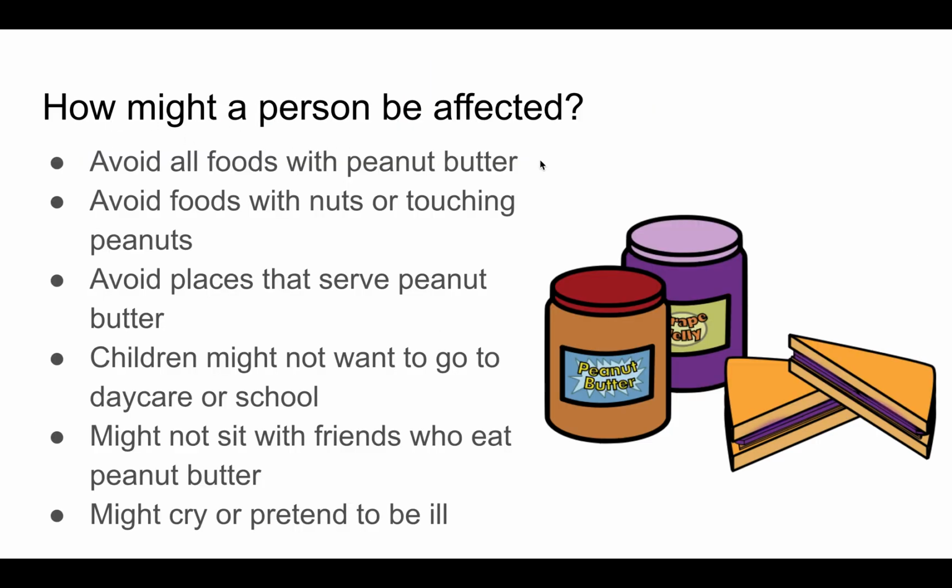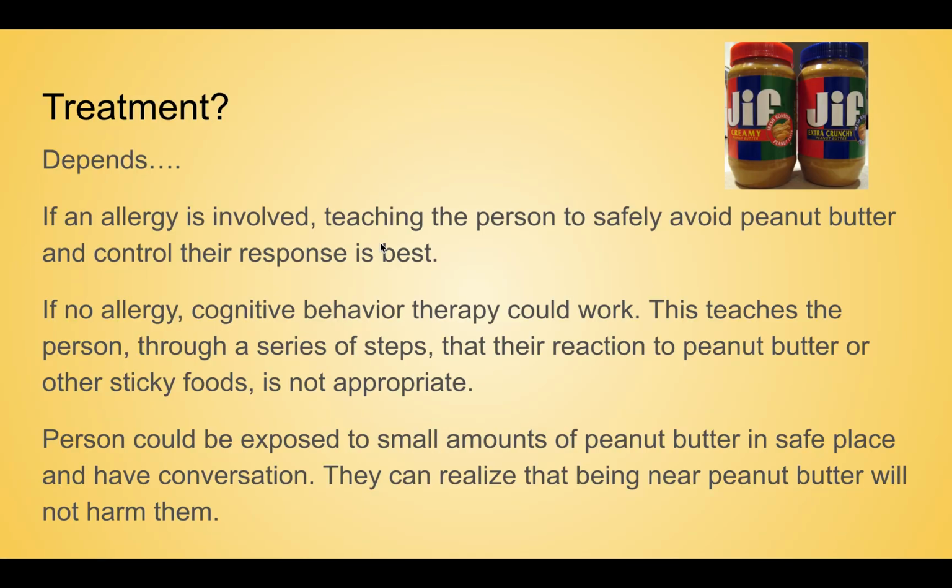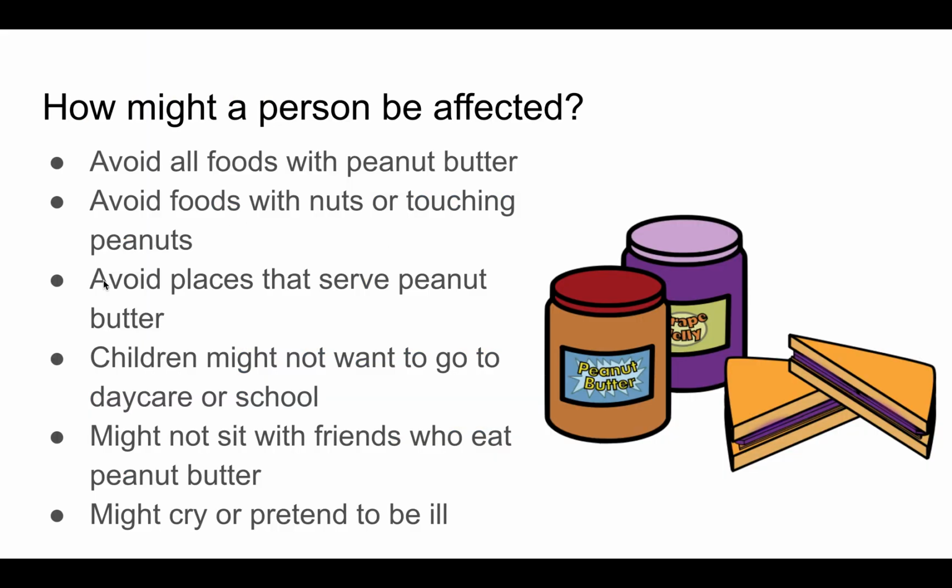How might a person be affected? This is the part where how might it affect their lives? How might it affect the things that they do? So clearly they're going to avoid all foods with peanut butter. They might avoid foods with nuts in general or touching any kind of peanuts. They might avoid places that serve peanut butter,